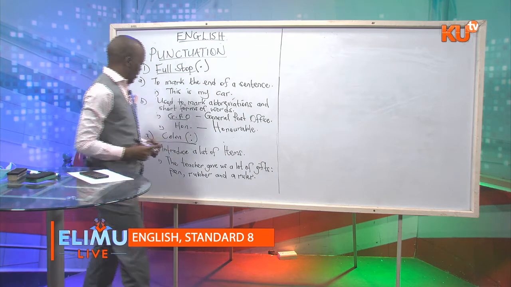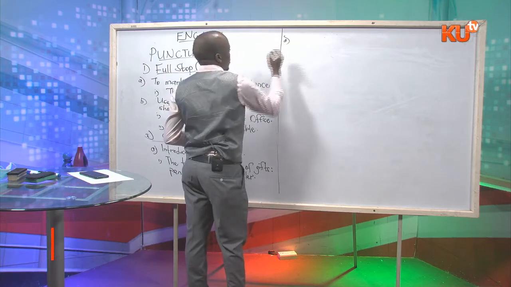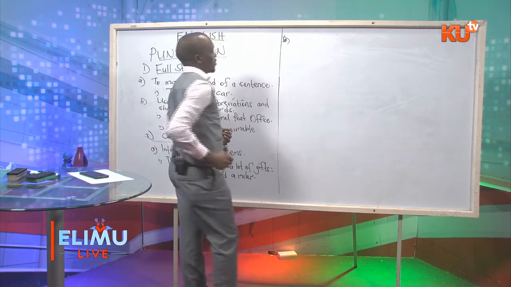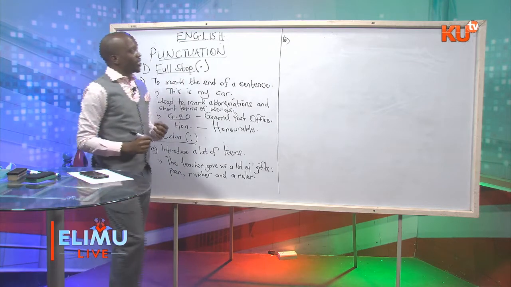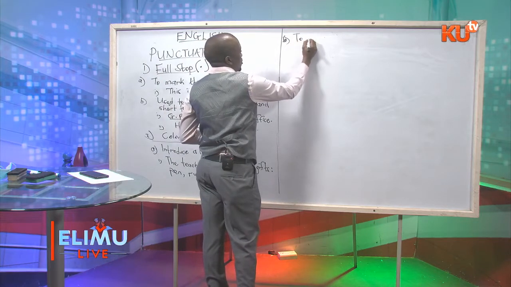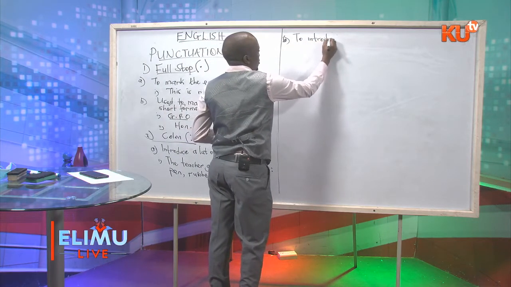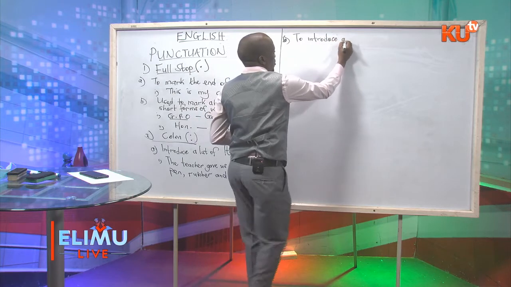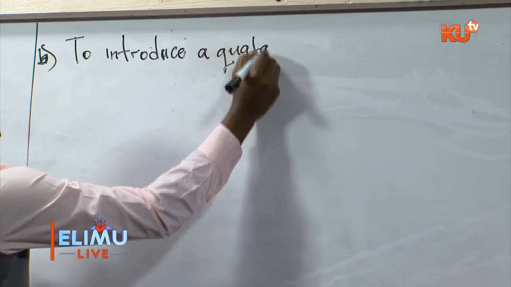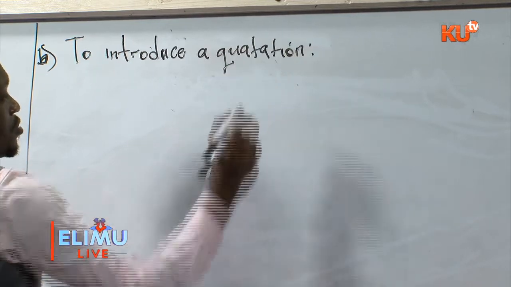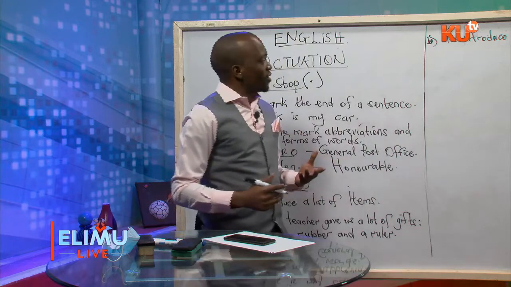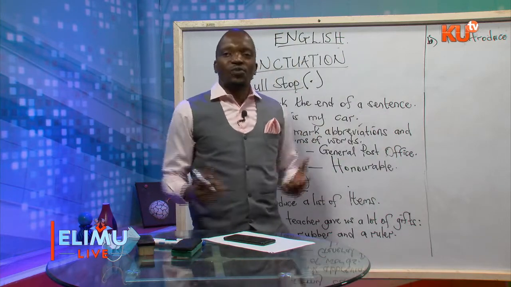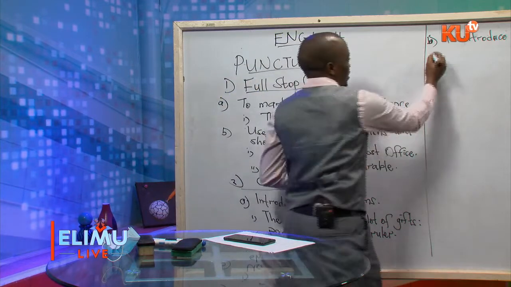The next use of a colon is B. The next use of a colon is to introduce a quotation. To introduce a quotation. A quotation can also be called a speech, words that were spoken by somebody. An example in a sentence: